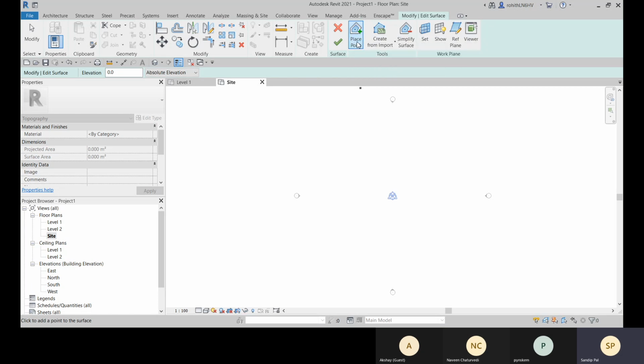Fine. Now we have two options to create. First is very simple, just by placing your points and, according to the elevation of your point, you can define the topo map, or topo surface. So let me show you that. Place a point. So here let's place the point, and next I will give some elevation over there.